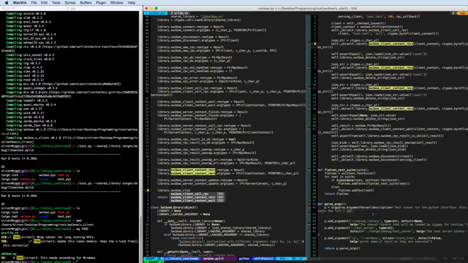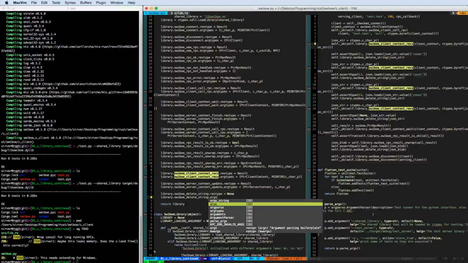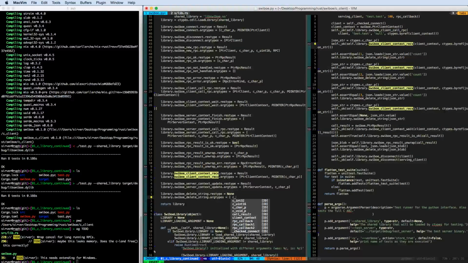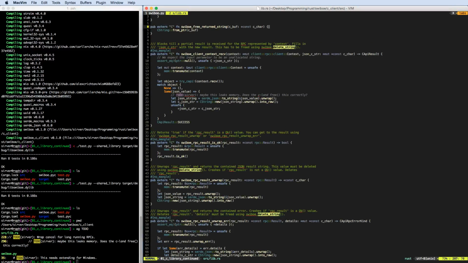So Swiboe client, no, not client, Swiboe delete string. It's our new function, and it actually returns nothing, right? And it takes as arguments, archetypes. It takes one pointer to a char. Right, and now the function is probably not working yet. Delete string, it is also not yet documented. And it has the wrong name. Swiboe delete string